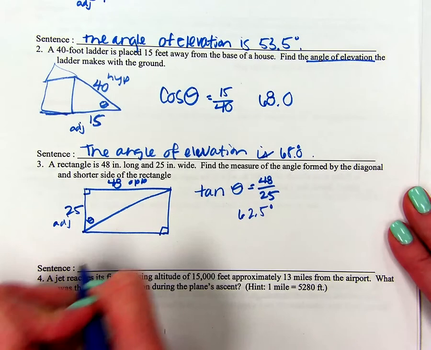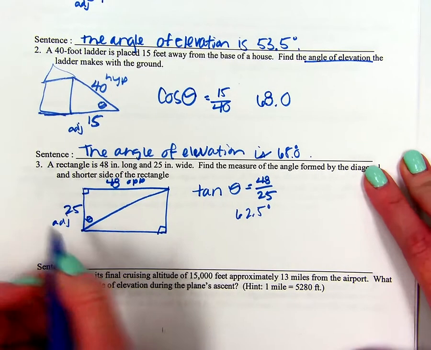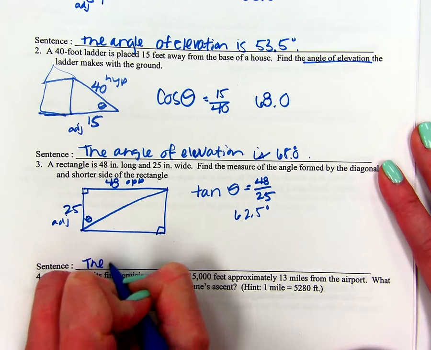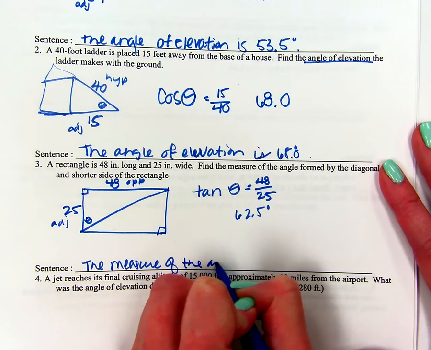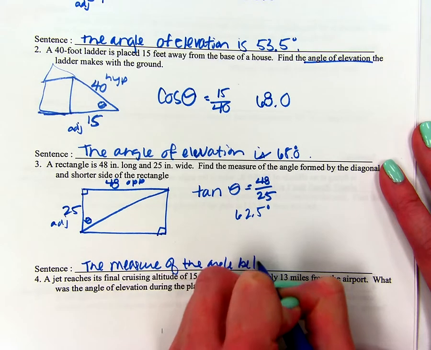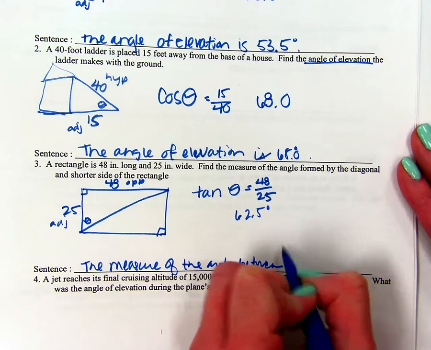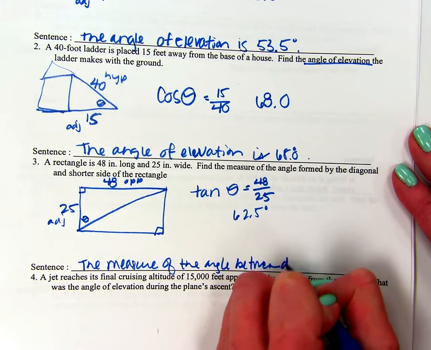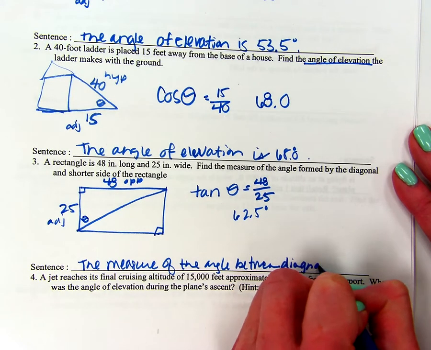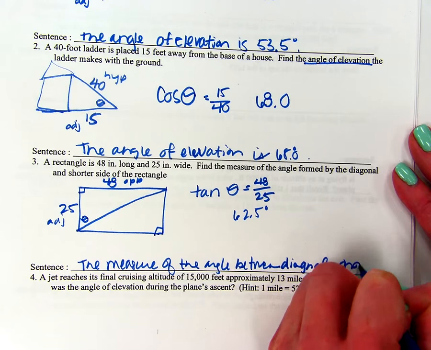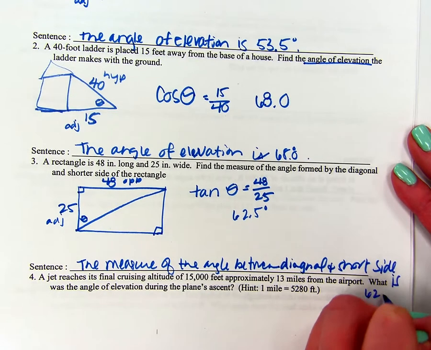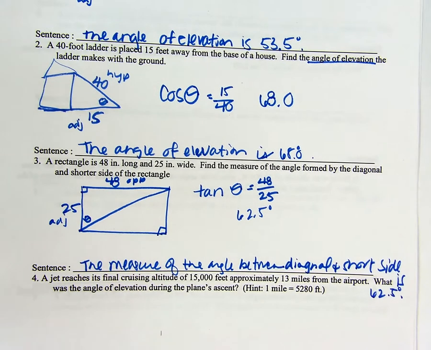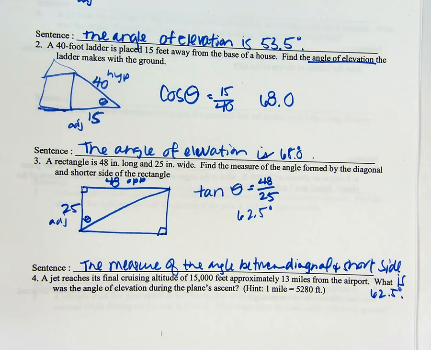Go ahead and make sure you write out a complete sentence. The measure of the angle between the shorter side, diagonal, and short side is 62.5 degrees. And the last one, number 4, says a jet reaches its final cruising altitude of 15,000 feet,